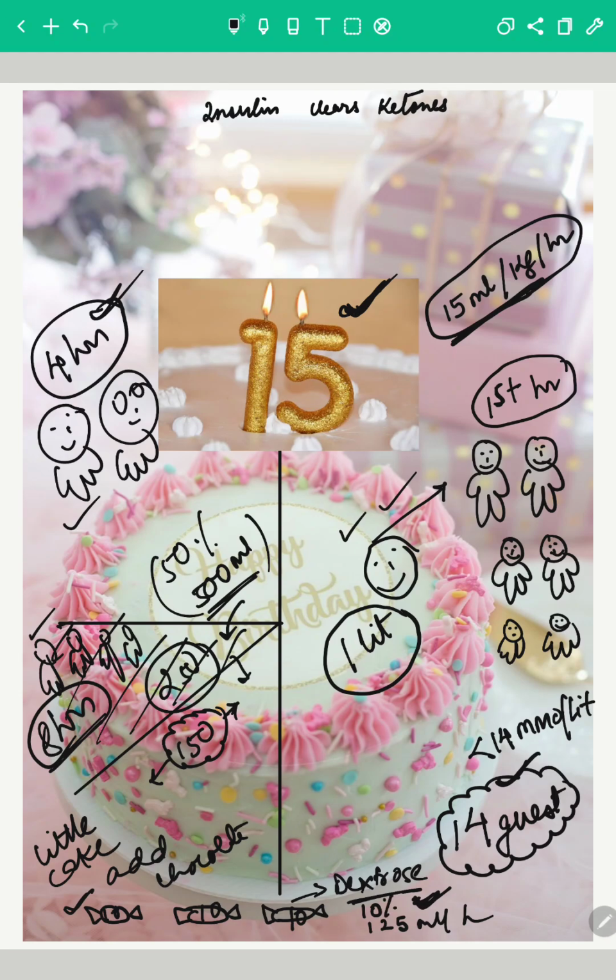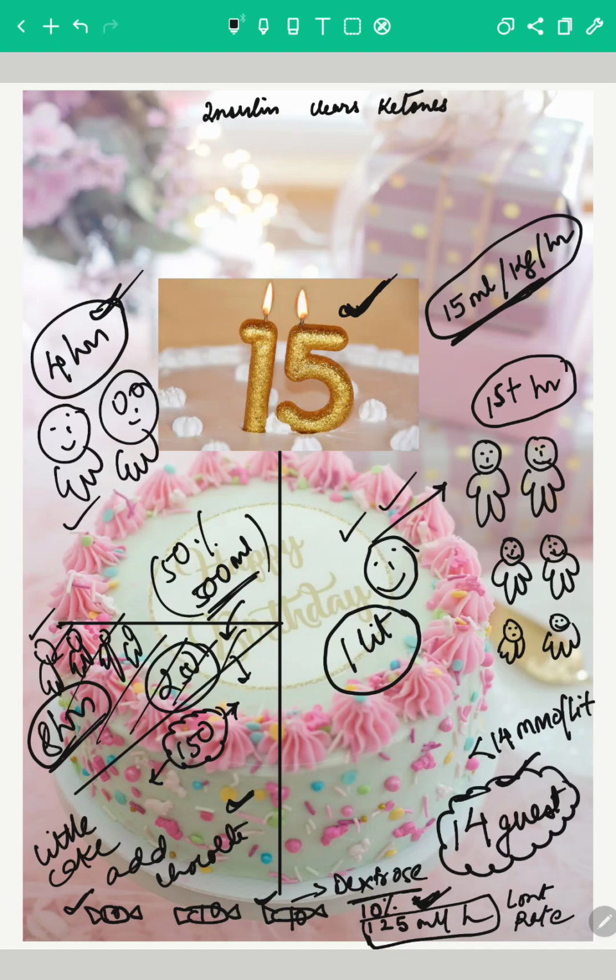See, chocolate, you cannot give the child too many chocolates. You have a 10 rupee chocolate and keep having. You have to control the rate at which the child takes chocolate, isn't it? Otherwise the child will have so much problem, tooth decay and all of that. So at a rate of 125 ml per hour, at this controlled rate, we will give the child these 10 rupee chocolates, that is 10% dextrose, to be given to the guests along with the cake that we were giving, because now